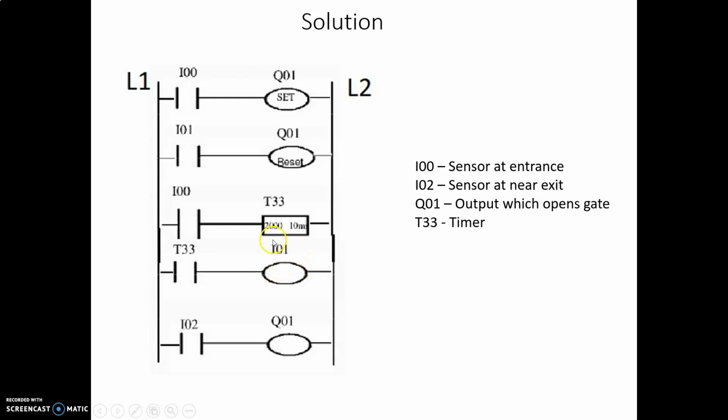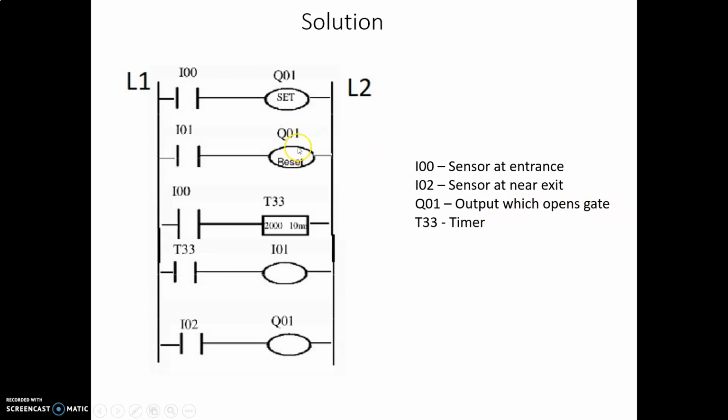Now when this I01 gets activated, let's see what happens. Where is the remaining I01 term here? The I01 term is here. This will get closed when this gets activated, and when this gets closed, supply will pass from here into this Q01, and this Q01 is the reset part. So what it will do is reset this output here. It means it will be 0 here, right? It means there won't be any output to open the gate.